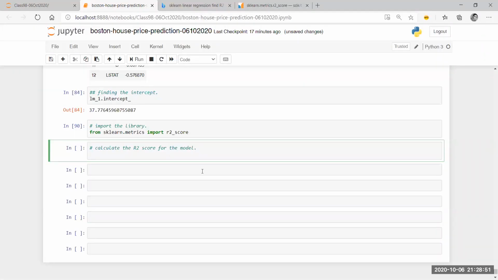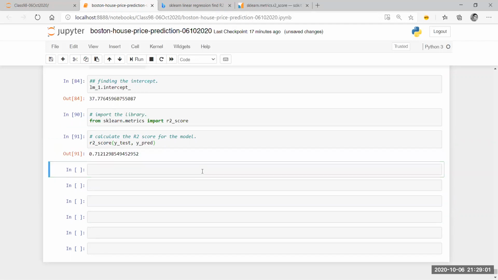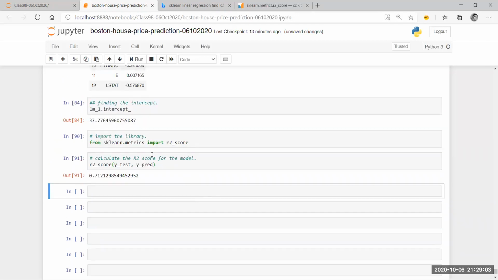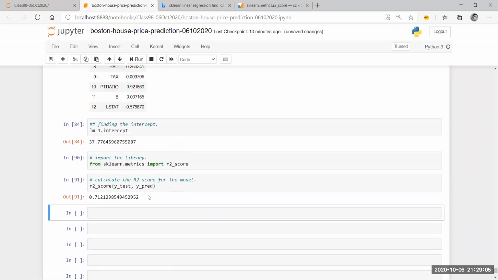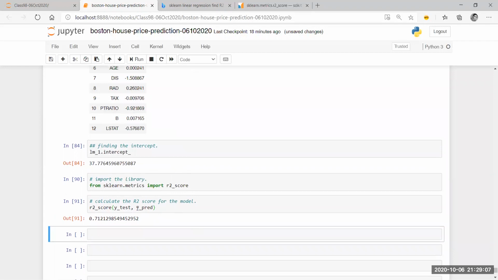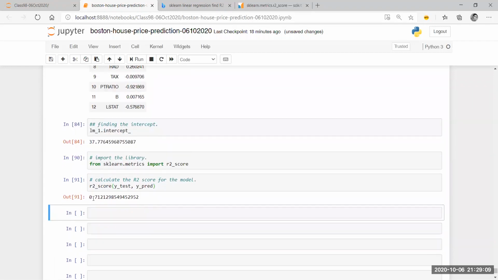So this will be r2_score(y_test, y_pred). So this is the accuracy of my model when it worked on the predictions. It has a good R square score. I'm not saying that it is bad. It has a good R square score. But does this signify that my model is overfit or underfit?